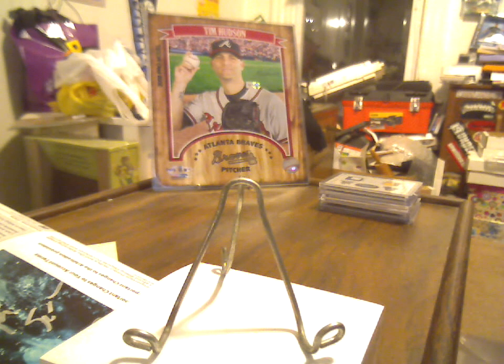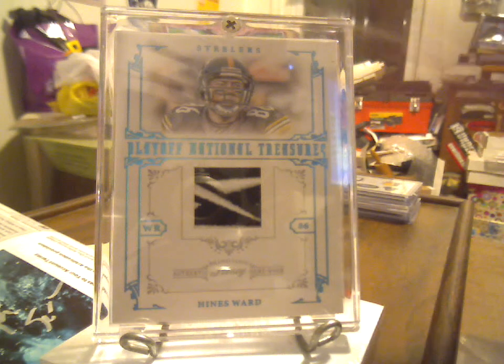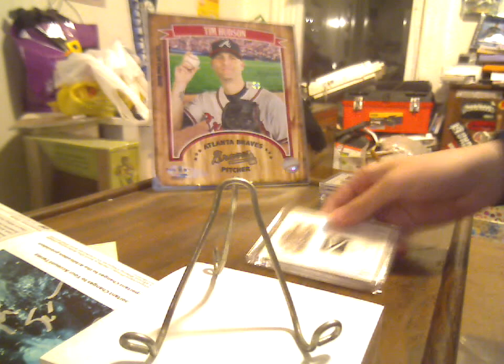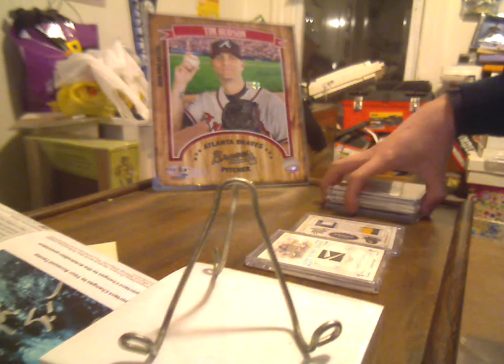Hines Ward. I don't know if this blue hue to it means anything, if that's a parallel. Brand logo Reebok patch. And there we are. So if there are any Steelers fans that are interested in the 2 Steelers cards that I picked up in this deal, I'll do my best to try to hook it up, but